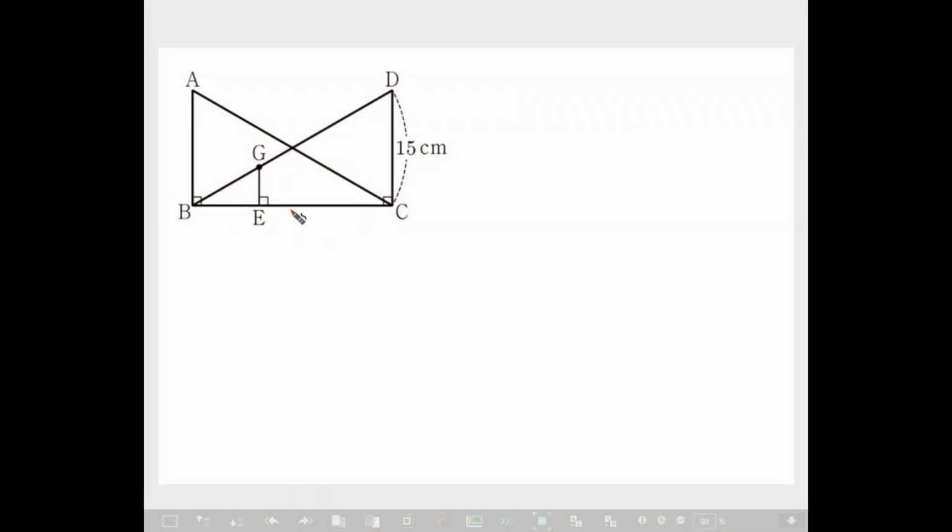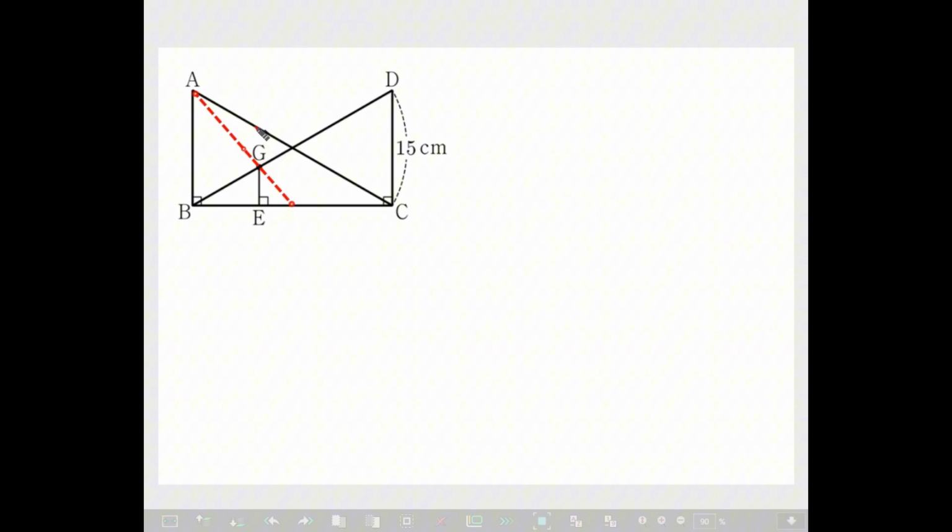Hello friends, this problem is find GE. To solve this problem, we need an auxiliary segment. From here, through G, okay. Then,